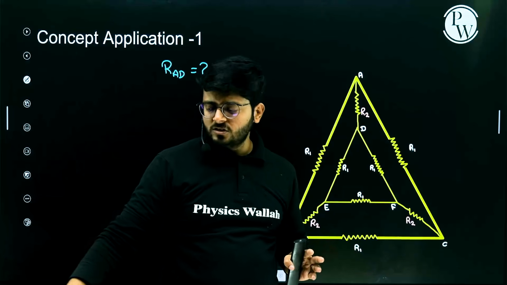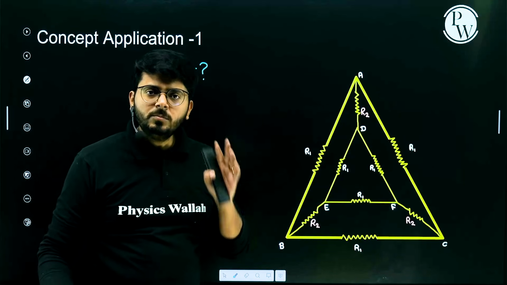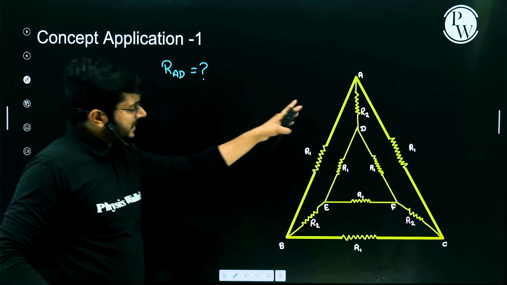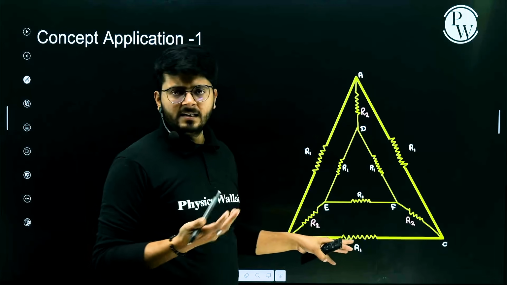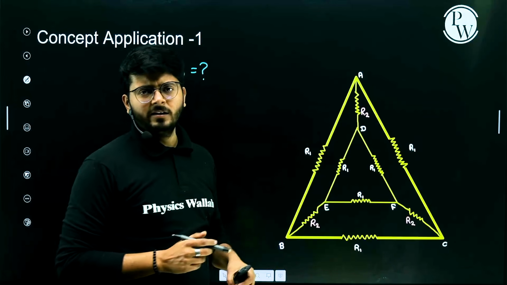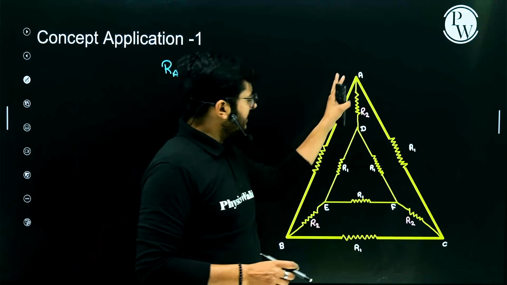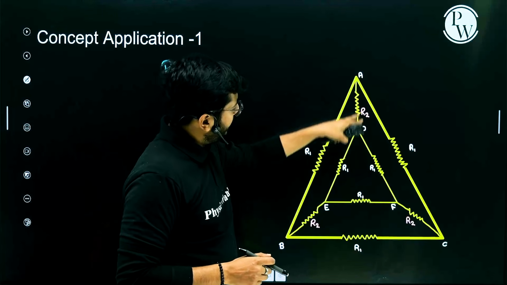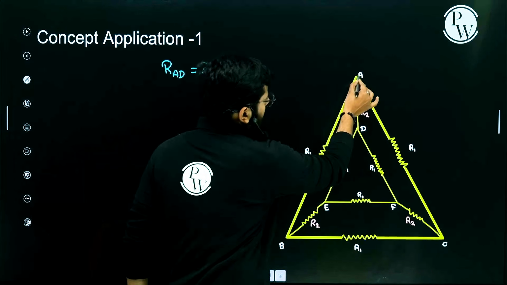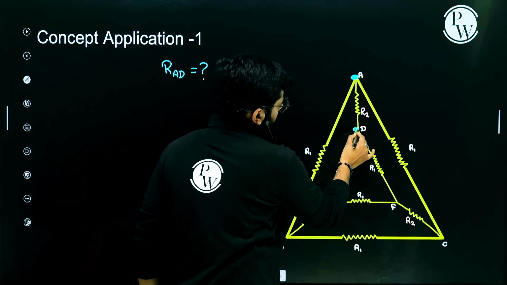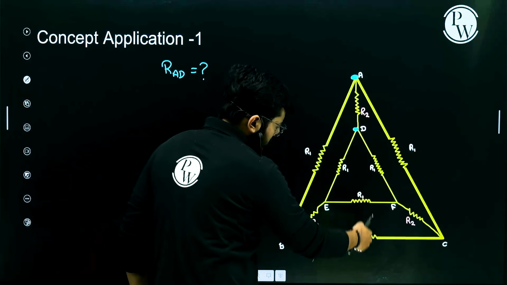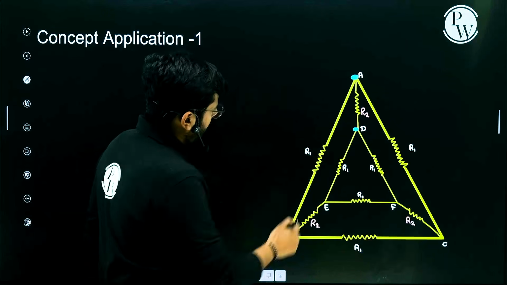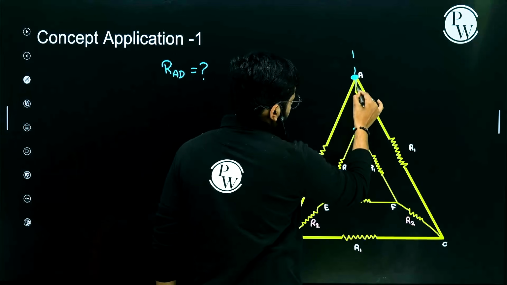Now, by looking into this circuit, tell me, is it possible for you to find out which elements are in series and which are in parallel? We can say no. Directly we cannot tell that. But can you find out there is some axis of symmetry? Think about it. So between A and D, you have to find that. So these are the points of interest. Think about an axis passing through this point, right? If I imagine an axis passing through this point,